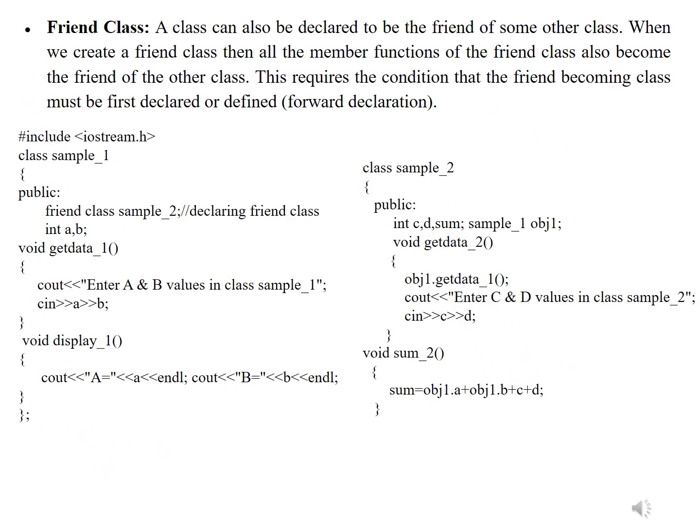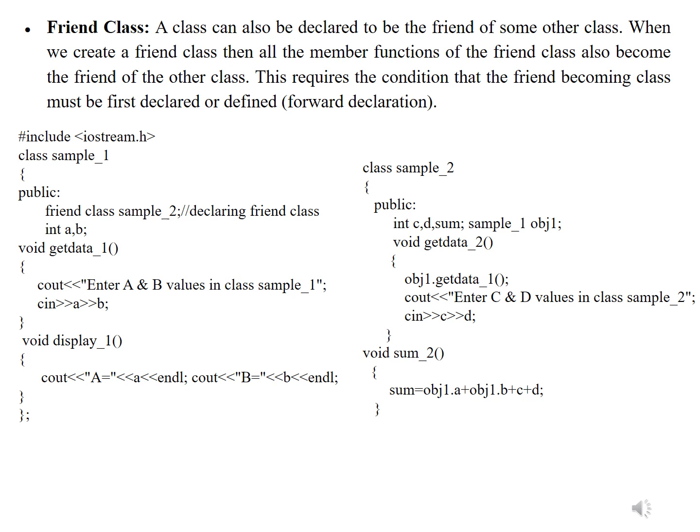Friend class. A class can also be declared to be a friend of some other class. When we create a friend class, then all member functions of the friend class also become friends of the other class. This requires the condition that the class becoming a friend must be first declared or defined, the forward declaration. #include <iostream.h> class sample1 {